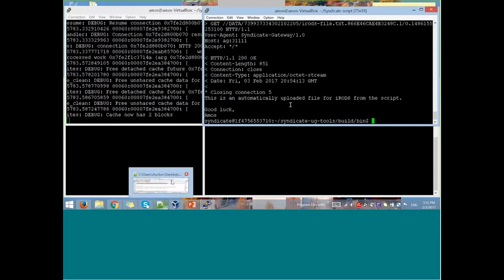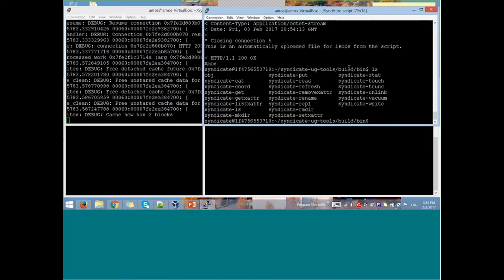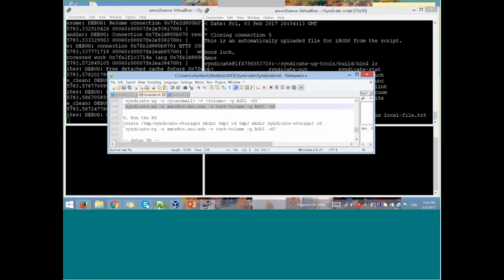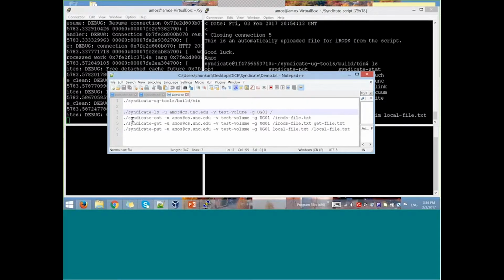And then the next one I'm going to show: if we wanted to upload some file from the user gateway, we still can do that. So first of all, we create a local file.txt, and then we just type "this is a sample upload from user gateway." Okay. And then we can use the put